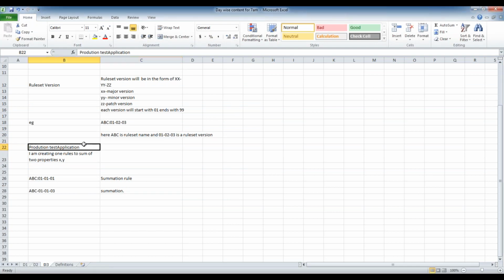Okay. So I will take this example. One is production and one is development. First we'll talk about production. In production, let's say I developed one product using Pega, and then I released it into the market with ABC01, the same example, and with 01 01 01. Once the product is released into the market, while releasing, I will lock everything. Whatever rule sets I created, I will lock everything, and then release it into the market.